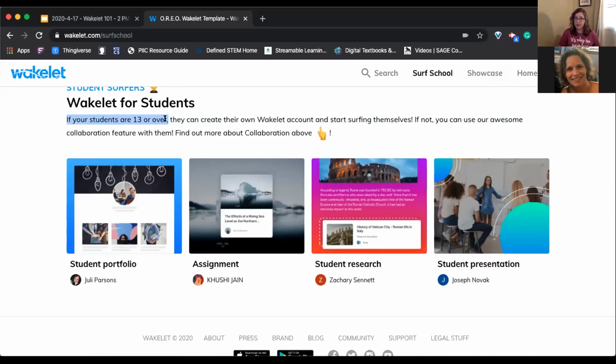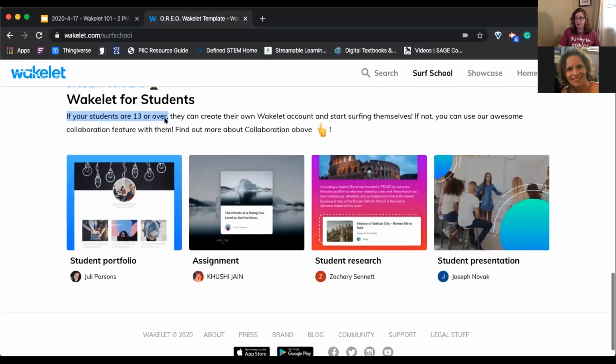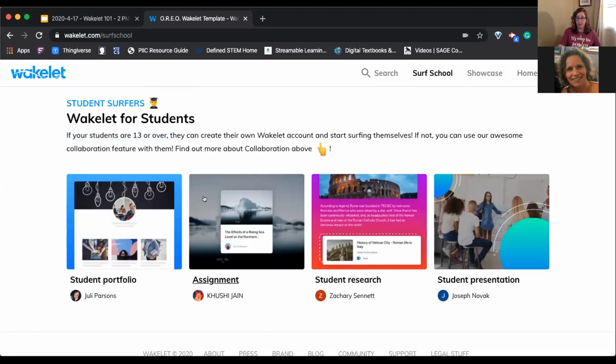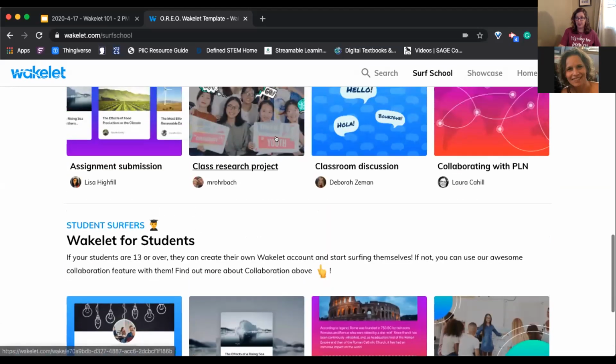That's the Children's Online Privacy Protection Act. They need to be 13 or older to be able to use this particular piece for collaboration if you have them working together to collaborate and come up with a tool. A way around that is to have the students submit the information to you and you put it into the Wakelet using your account,